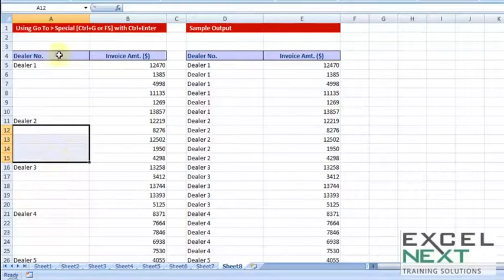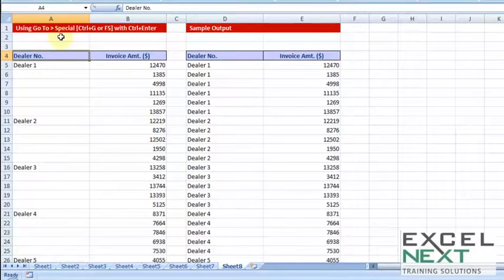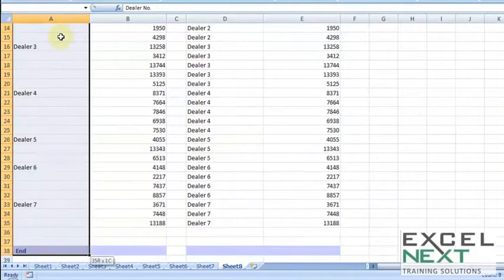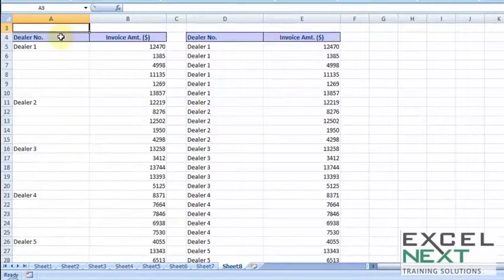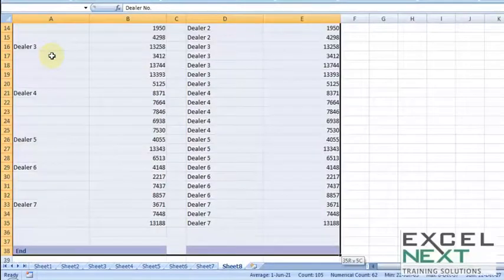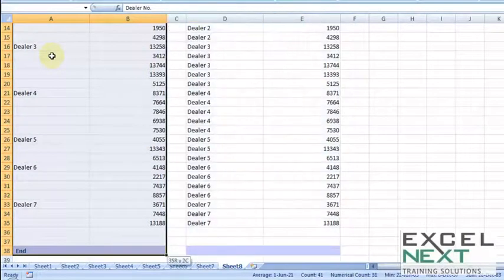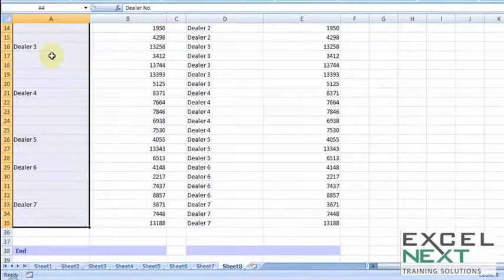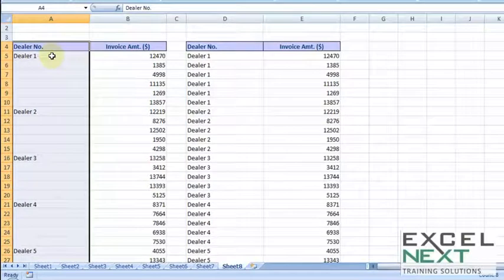Let's find out. So I'm choosing dealer number, pressing Shift Control, down, down, down, down, down, down. Again, you can also use Control Shift End key. Let me show you the one that we just discussed a few minutes back. So Shift Control End key, it will choose extra data, I agree. Let me minimize the data selection by using Shift and left arrow key. One more. Now I need to fill those blanks with a formula.